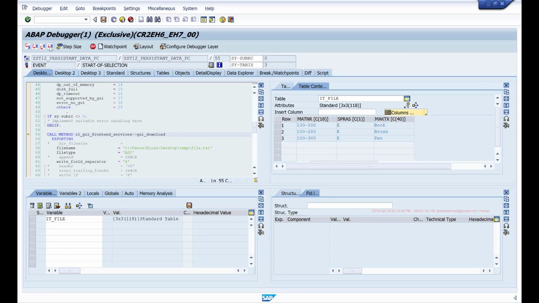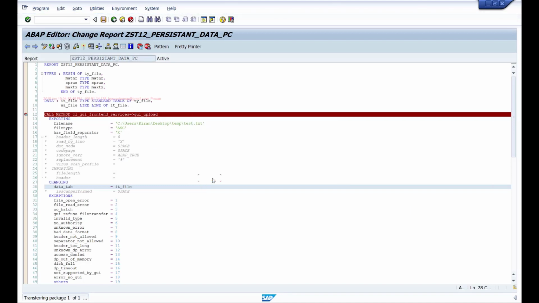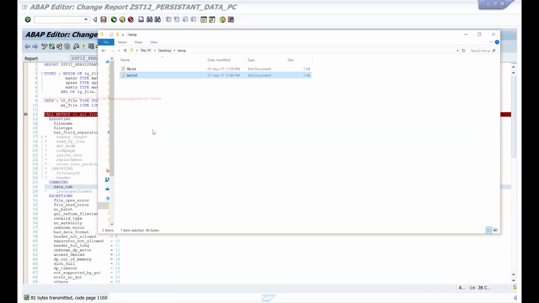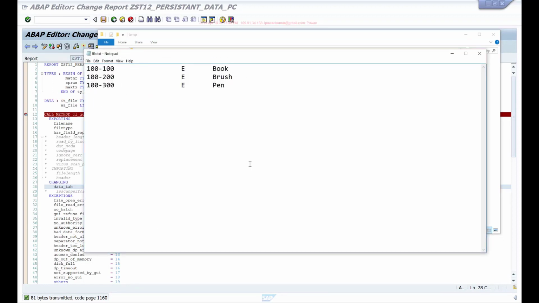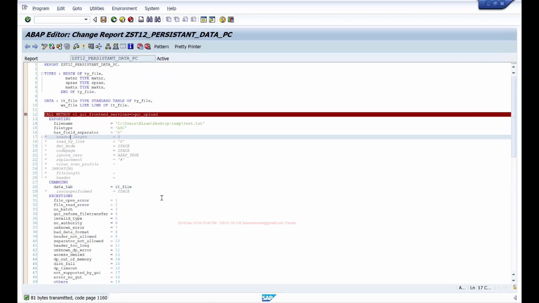So if I execute, the data is transferred, 85 bytes transmitted. If I look at my directory, you see one new file is created, file.txt, and if I open it, it has downloaded that data.